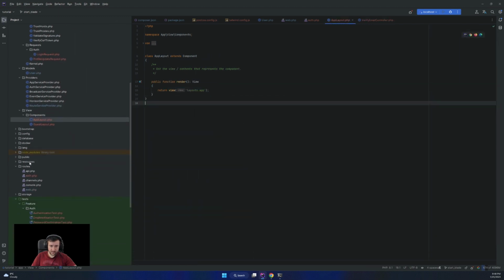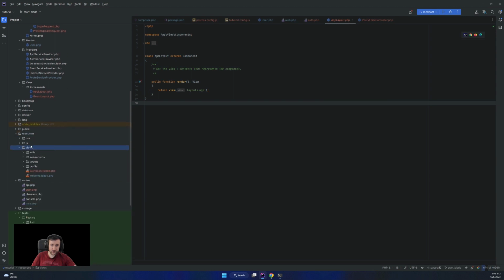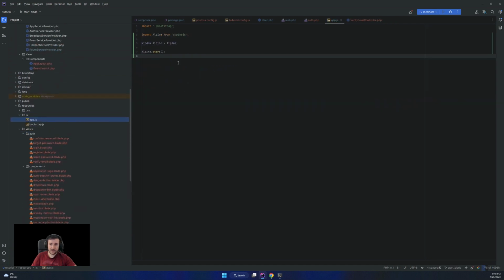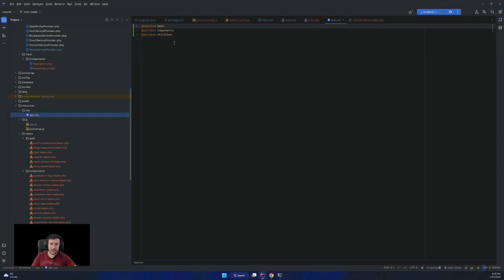In the resources, like I told you, a bunch of blades were added for everything that was in there, and the JS was updated to include these new things, and the CSS to include Tailwind components, base, and utilities.